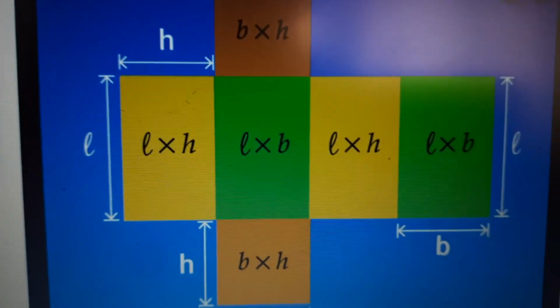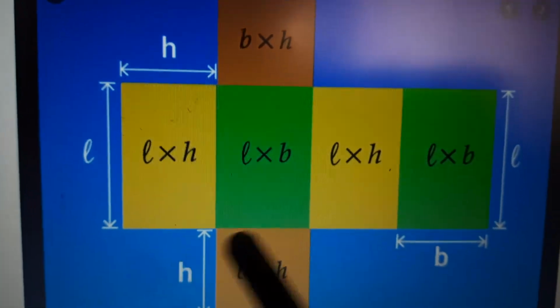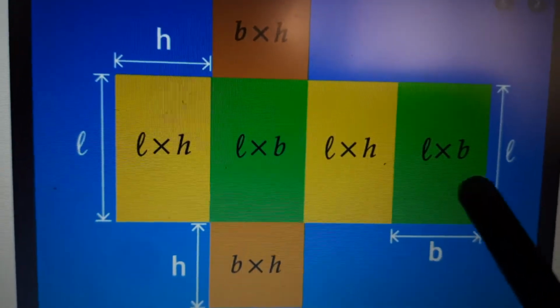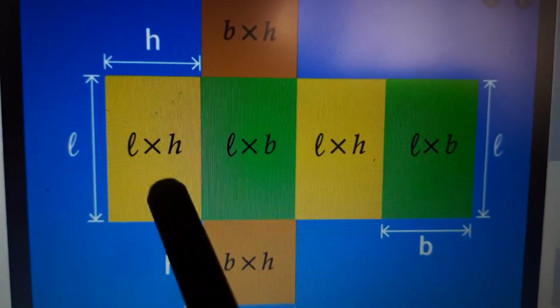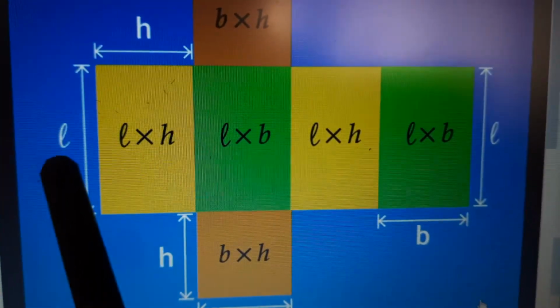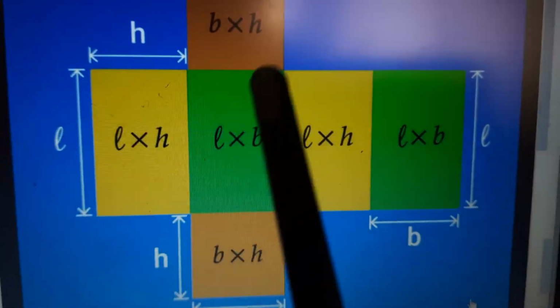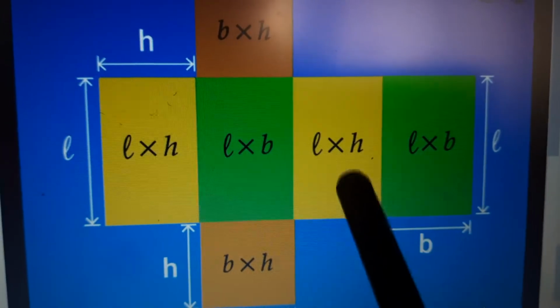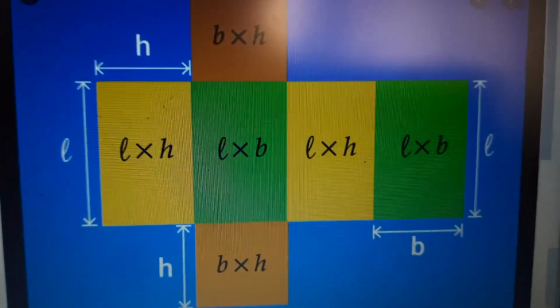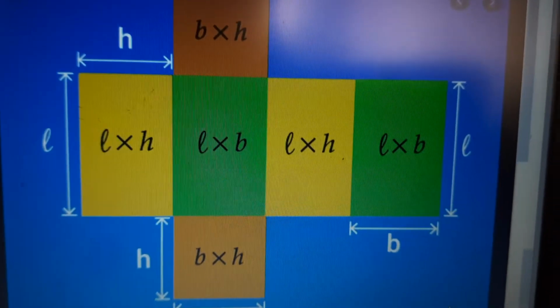So first look at this picture very nicely. You just see where this is the same open picture that can be made into a cuboid box. Okay. So see, length into height, because here only length is there and height is there. So length into height. Here breadth into height, length into breadth, breadth into height, length into height, length into breadth. First I am showing you, but you can have a look at it and tell me how many length into height is there.